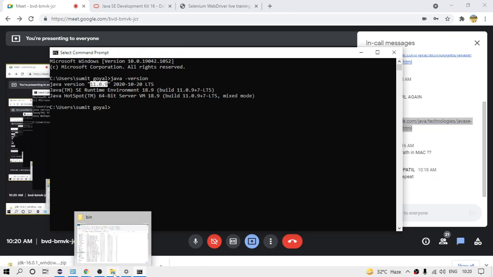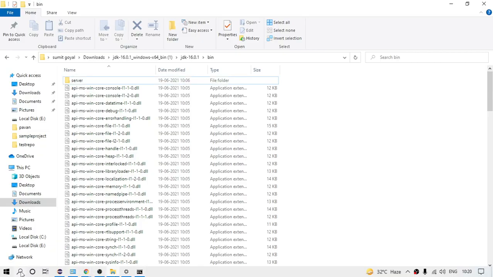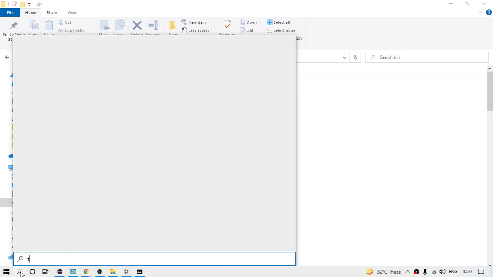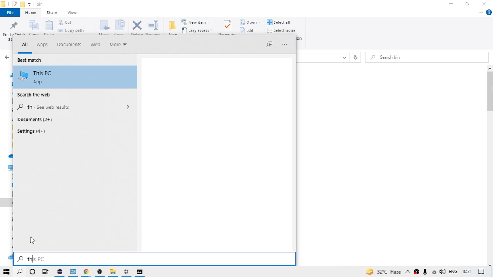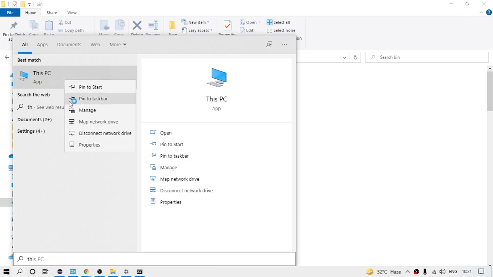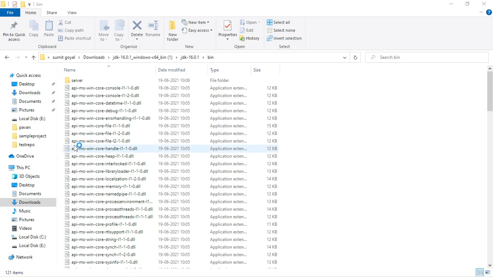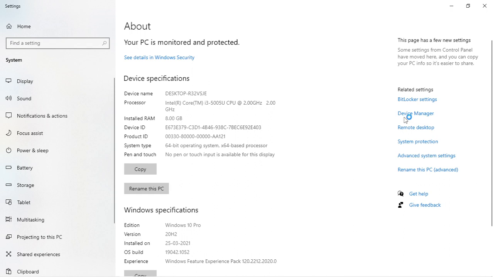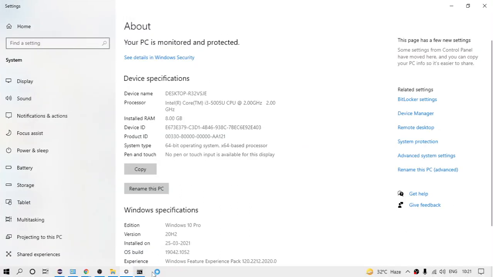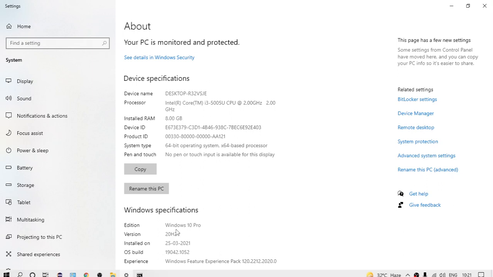Yeah, sure. Basically we have to set some variable so that our system knows where Java is present. So right click on This PC or My Computer, whatever it is, and go to Properties. Once you go to Properties, click on Advanced system settings.